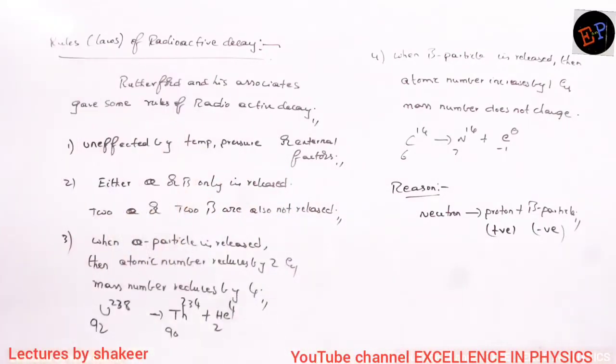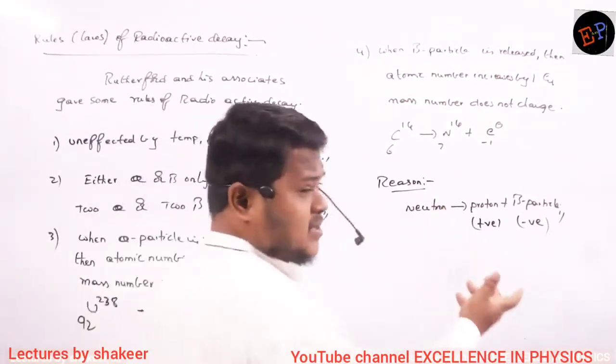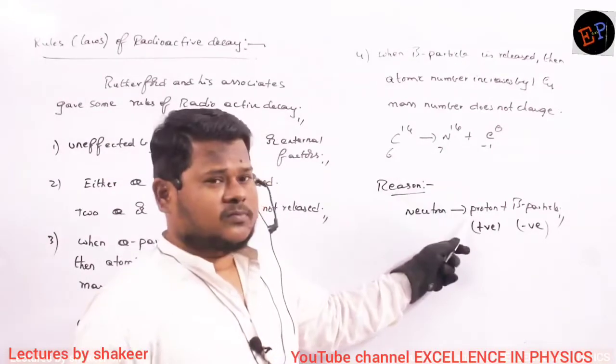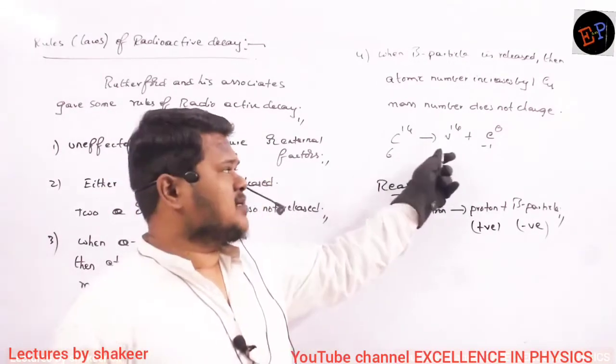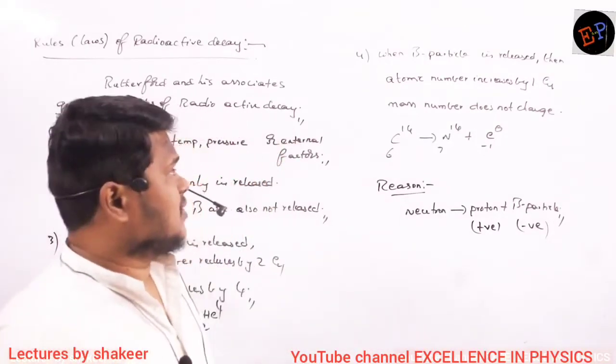Are you able to understand now? Make a note up to here. Okay? So understood now what is happening? Why is the mass number not changing, but the proton number is increasing? One proton has become extra, no? So the proton number increases by 1. But the mass number is not changing because a neutron only is converting into a proton. So this is what happens in the case of a beta particle.